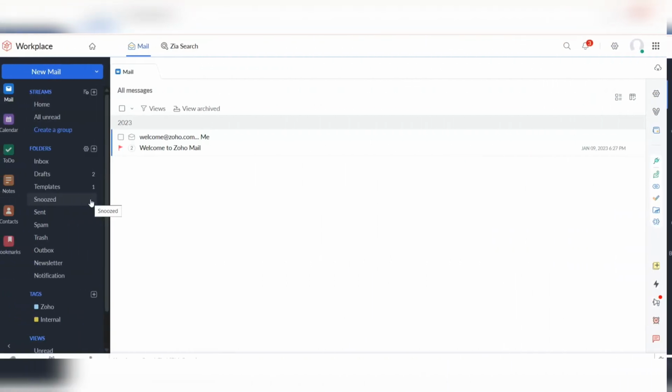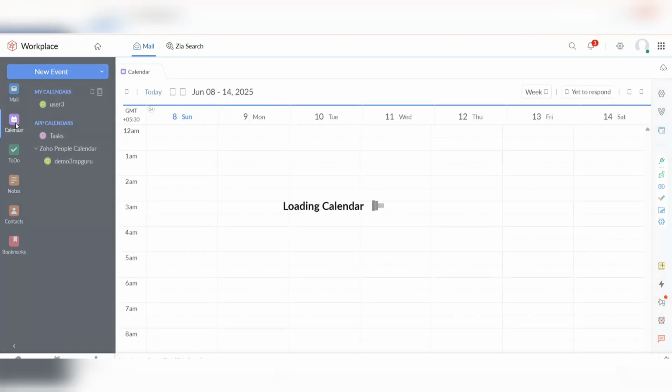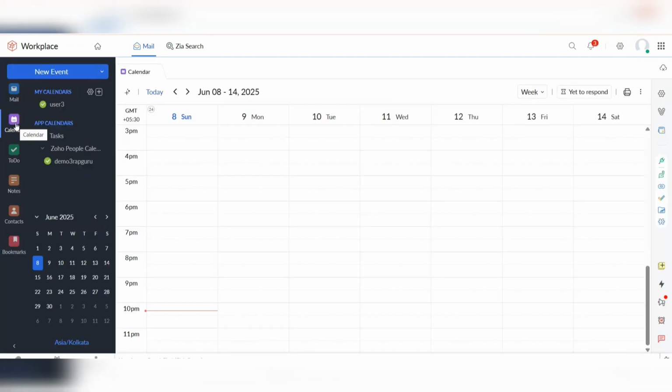Next is the mail productivity tab tools, which are integrated inside Zoho Mail. So first is the tab of Zoho Mail. So this takes you to the inbox, drafts, folders as I discussed earlier. So this will show you all the mail content. And next is calendar, where you can schedule meetings and set reminders, and manage your work daily. So you can even share your calendar with your teammates and sync with your other apps like Zoho CRM or Google Calendar.